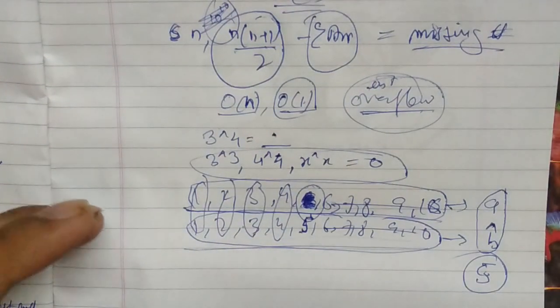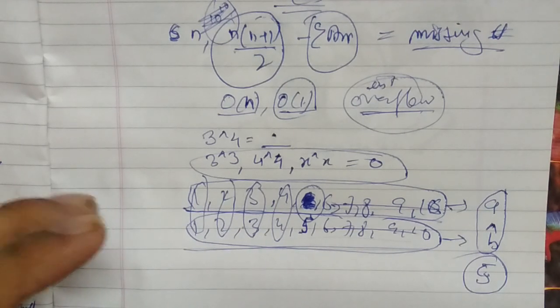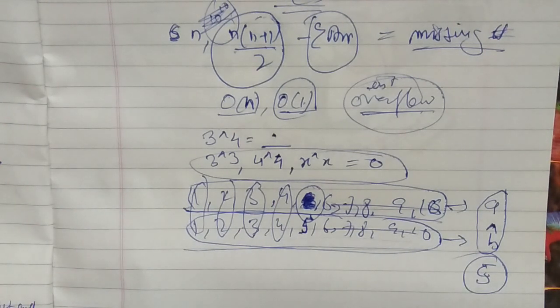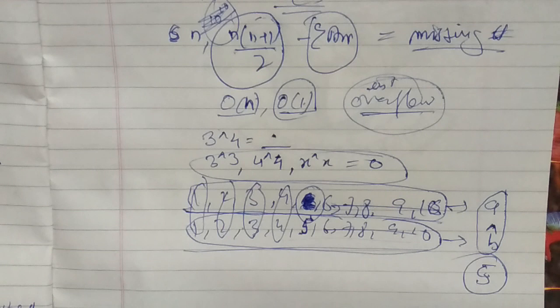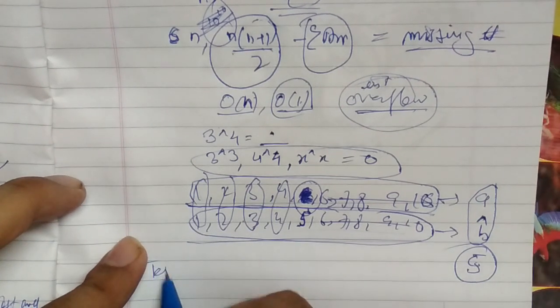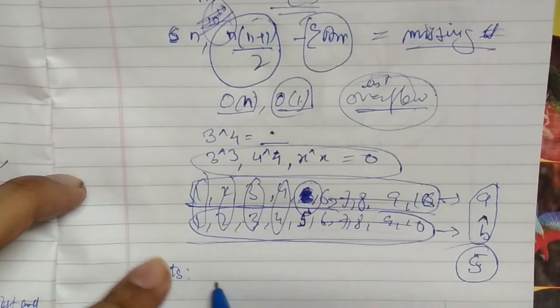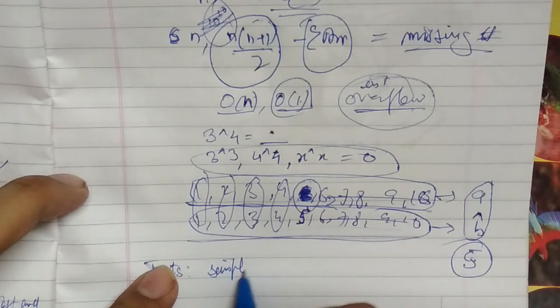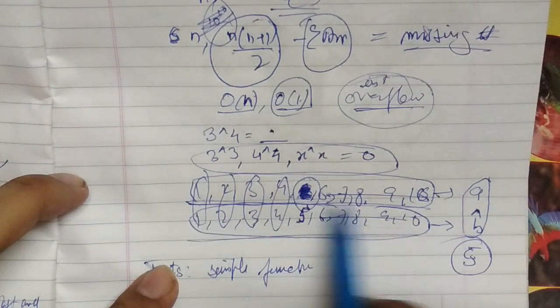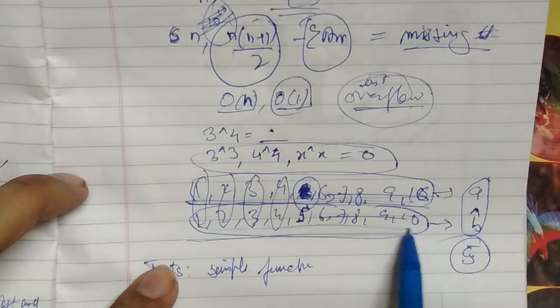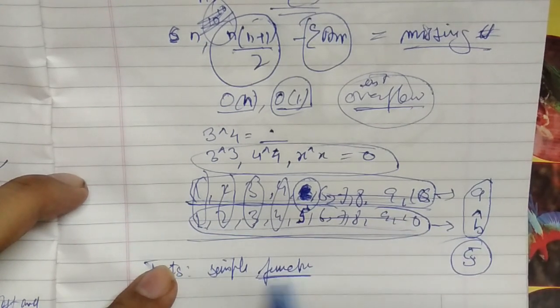Now after you have thought of the most optimal solution, tell it to your interviewer that this is what you thought of. When the interviewer is satisfied with the solution, then code it onto the paper. After you have coded your solution to the paper, don't hand it over to the interviewer. Run some tests in your mind. Some simple tests of functional inputs, such as 1 to 10 with one number missing. So this is a functional input.